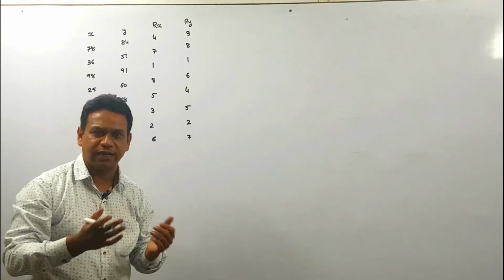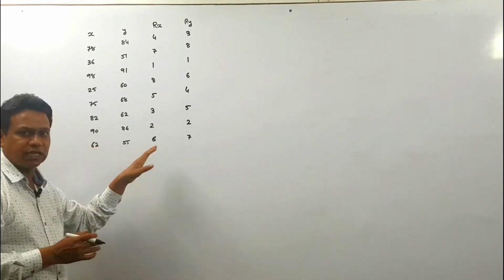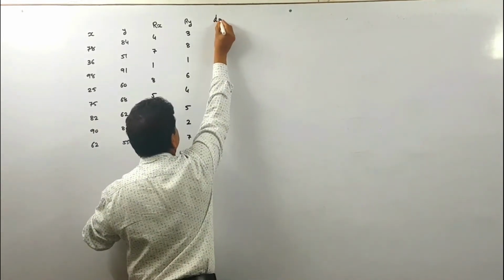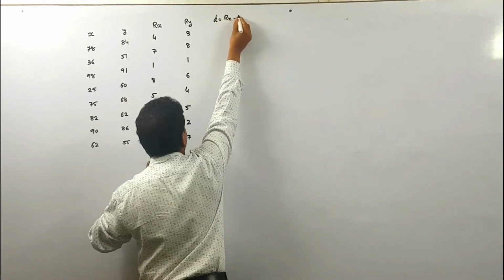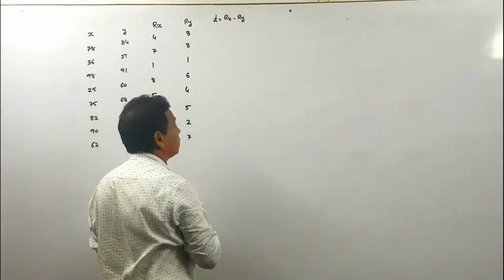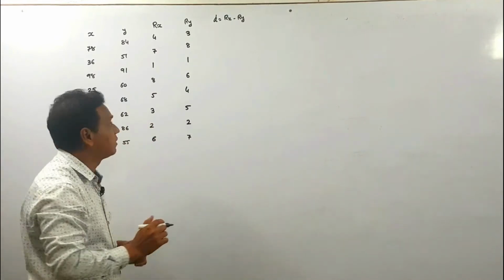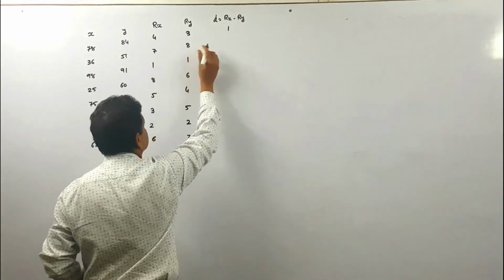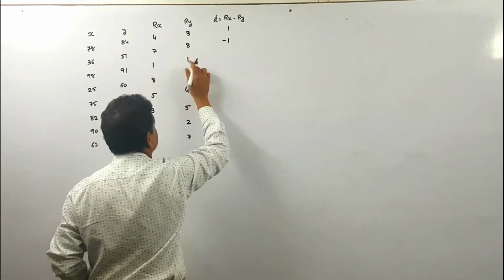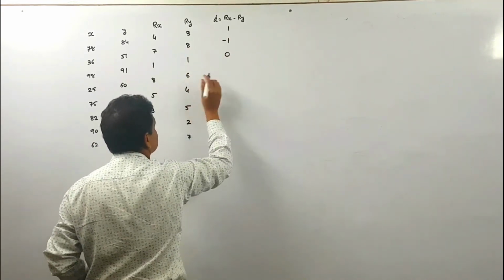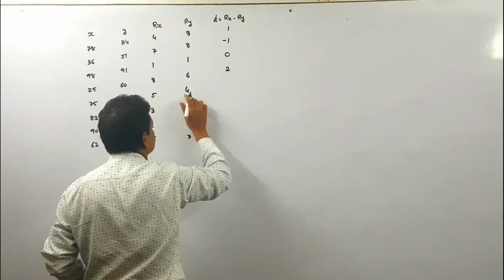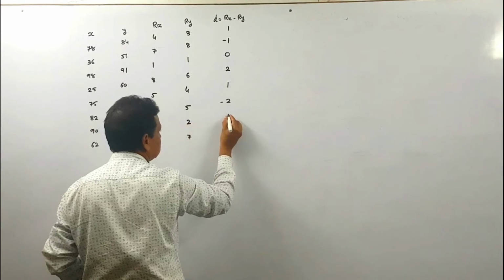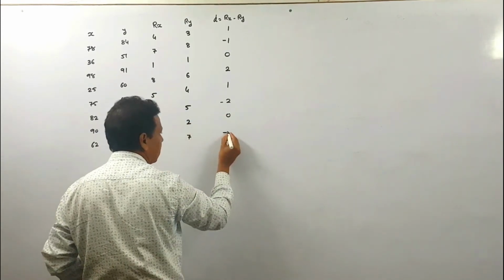हाईएस्ट रैंक पे क्या होगा, 10 ही होगा। तो यहाँ पे आपने रैंक्स असाइन कर दिए हैं। आफ्टर असाइनिंग रैंक्स, we have to find out the difference. So d is equal to Rx minus Ry, difference between the ranks. So 4 minus 3 is 1, 7 minus 8 is minus 1, 1 minus 1 is 0, 8 minus 6 is 2, 5 minus 4 is 1, 3 minus 5 is minus 2, 2 minus 2 is 0, and 6 minus 7 is minus 1.